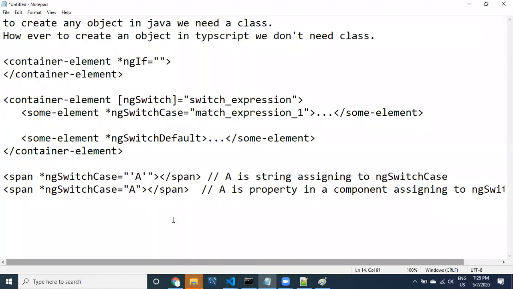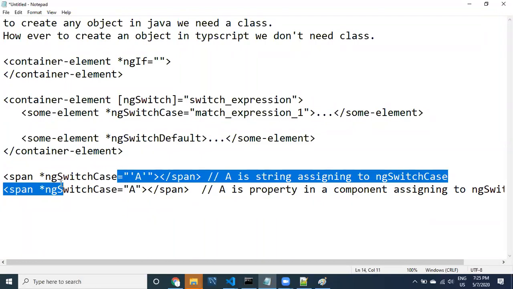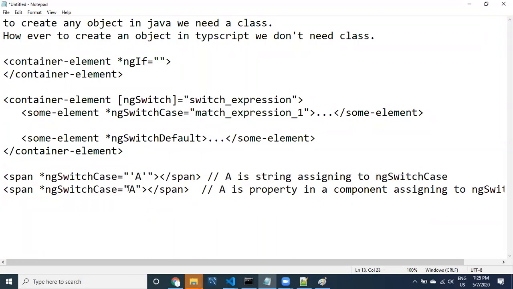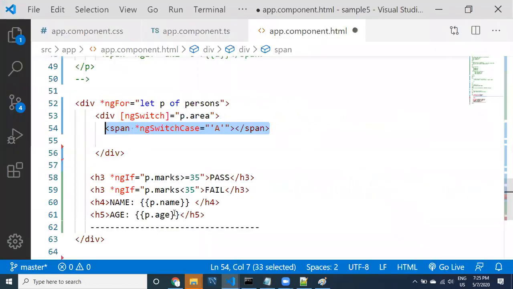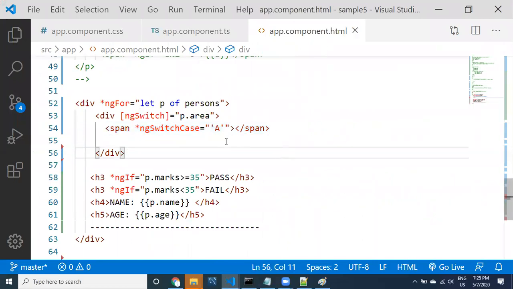This is the difference. Please make a note of it. Whenever you want to provide a property, directly you can provide like this. If you want to provide a string, provide single quotes inside again. If you provide directly double quotes, it is considered a property. I don't want to provide a property directly, I want to provide this one.